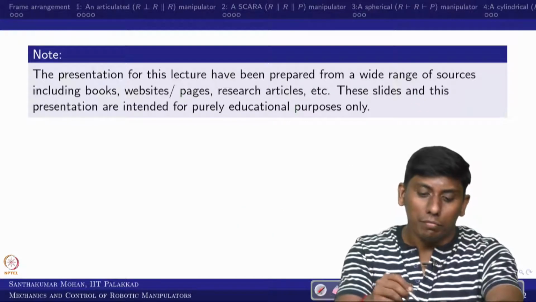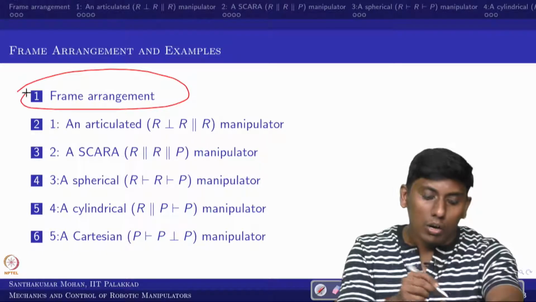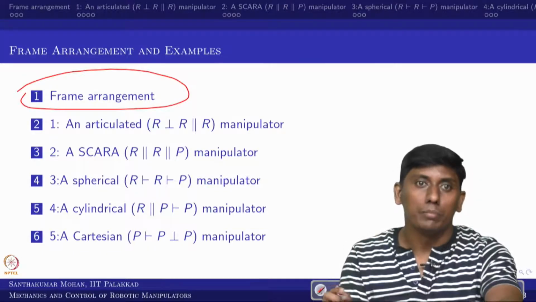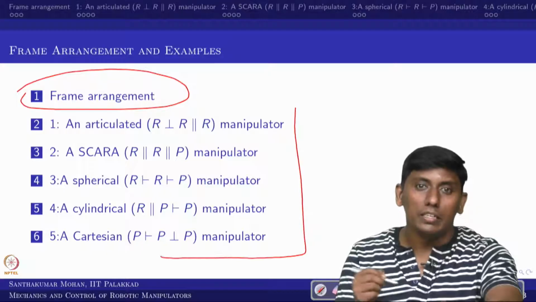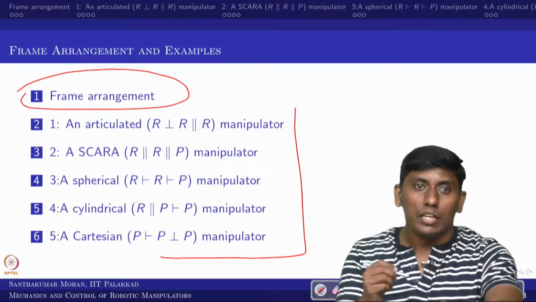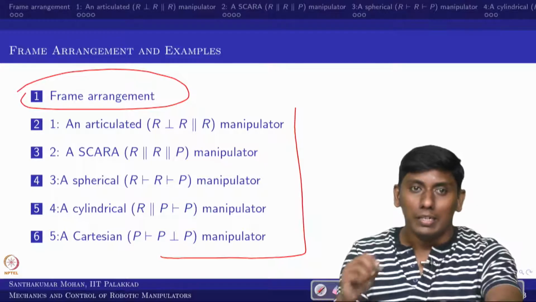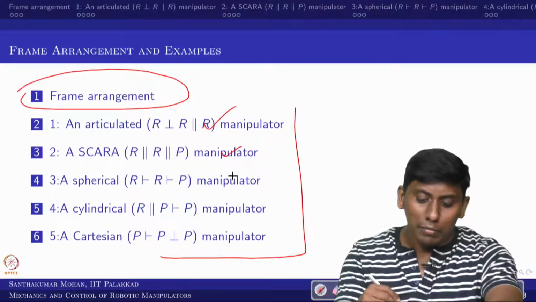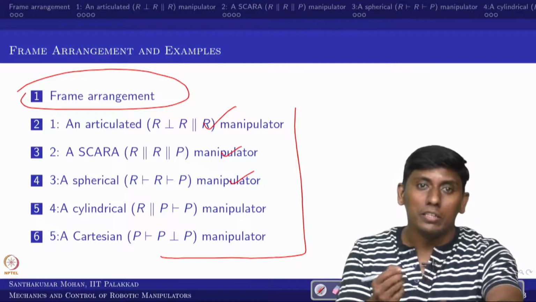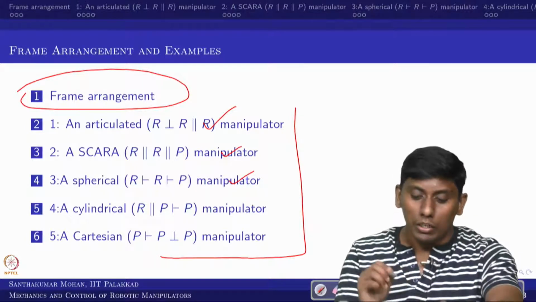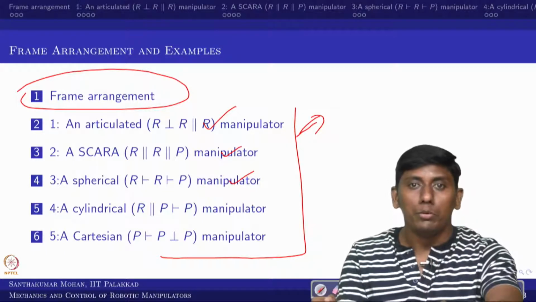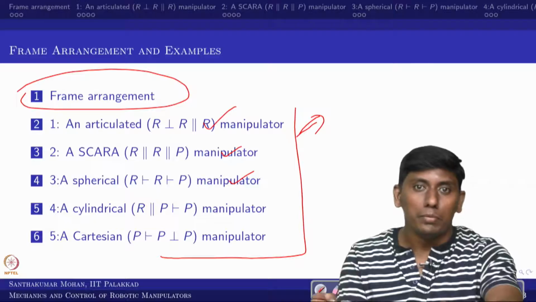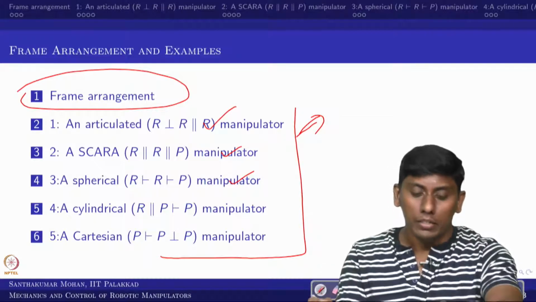So what are we going to cover? We are going to see how to fix the frame, because there are a number of frames we are going to fix, so there is supposed to be some procedure or norm which we are going to follow. In addition, we are going to see 5 examples which come from real time. These are existing manipulators, of which we are seeing the first 3 axes for our own benefit. There is an additional benefit also, which you will come to know when we attempt it probably 2 lectures later. So that is the whole idea.